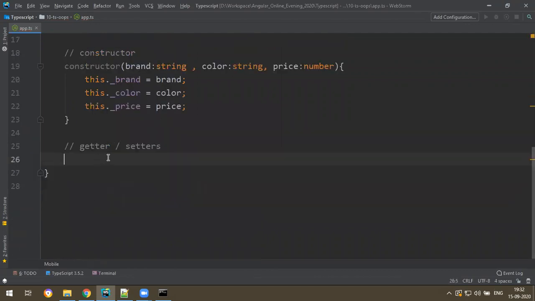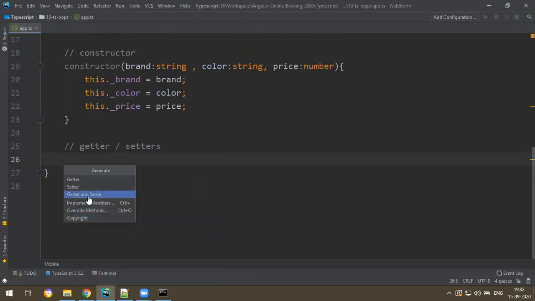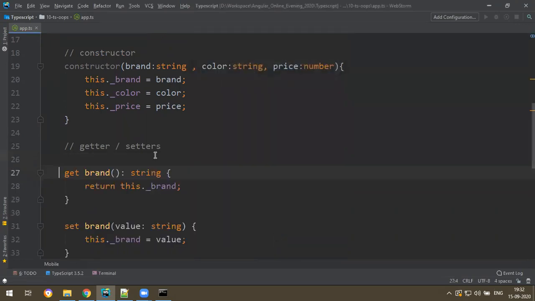How to generate: right click on this, generate. Here you can select getters and setters, enter, and you need to select all of them. For what properties do I want getters and setters? For all the properties. Select all, click on OK. You got the getters and setters like this.